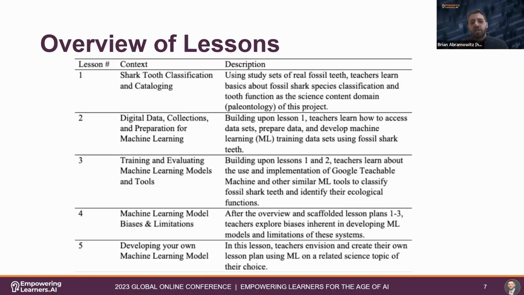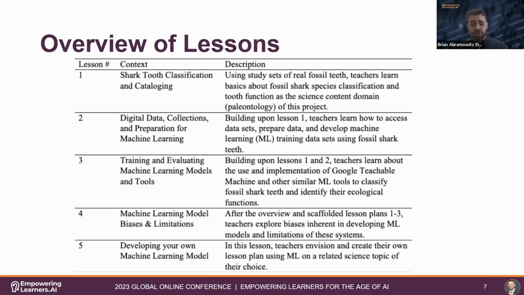So for example, we changed lesson 1 from a lesson to 3 to 5 different activities that teachers could just choose from. And what you'll notice here is a lot of our lessons range. So we started with the science, we started with the paleontology. What would a scientist, the paleontologist, actually need to do before they could use AI? We start to approach the AI information in lesson 2. How do we take the things that we've been doing with our shark teeth and prepare them for machine learning? Lesson 3, we focused on how do we train and evaluate a machine learning model, even with a simple tool